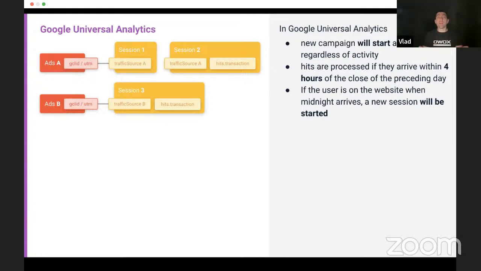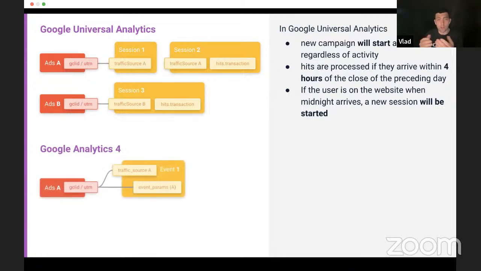And now we can compare the same logic, the same task of session creation, with Google Analytics 4 data. And there are a lot of changes here. So first of all, we have to keep in mind that every row in a table structure exported from Google Analytics 4 into Google BigQuery represents an event, not a session. So all the data isn't aggregated around sessions anymore. Every row is an event, not a session. Moreover, if